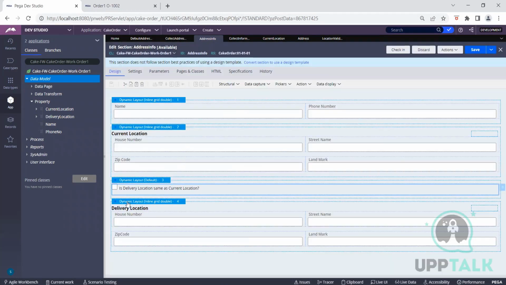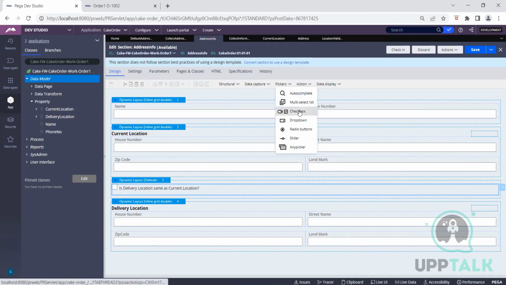But earlier we had added this checkbox under section number 2. So it was showing that the class reference could not be done because this section was actually having page definition as data address, right? Data dash address. No, you can actually add. This is not a list, right? You can add. You try now. You do it. Should I again